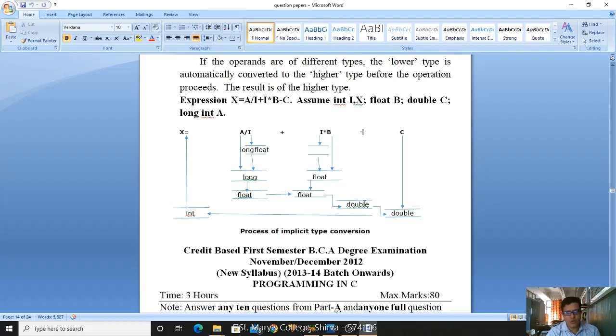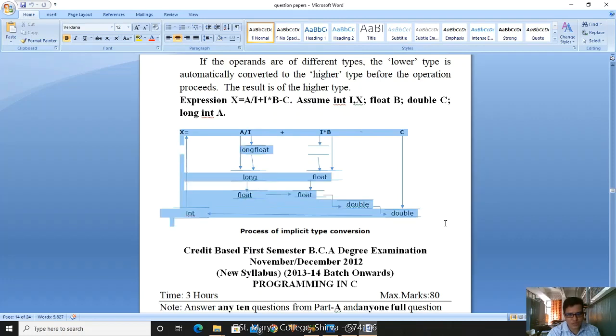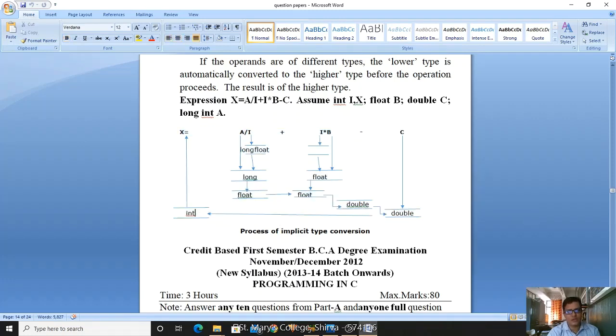Float minus double, the result will be stored in an integer as double. So automatically you solve this and you get the output as integer. Because of this implicit conversion, you are losing the data. Hope you have understood this concept. If you have any query, ask in the group and I will clarify. Thank you.